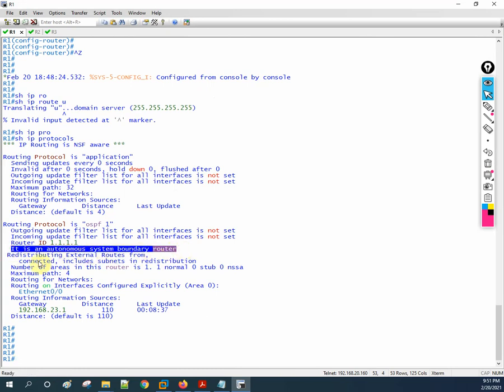These routes go to the other routers as E2. Let's see show ip route.